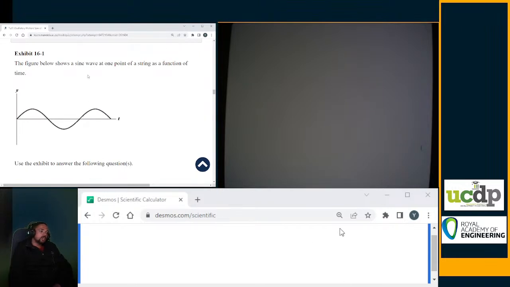The figure below shows a sine wave at one point of a string as a function of time. Okay, so this is a sine wave as a function of time. Now the question asks,